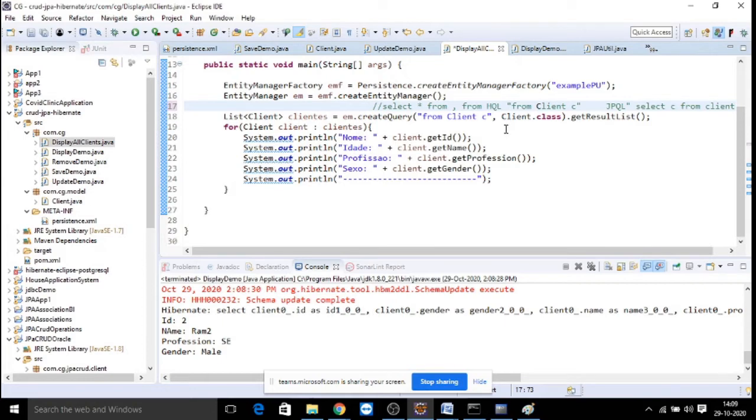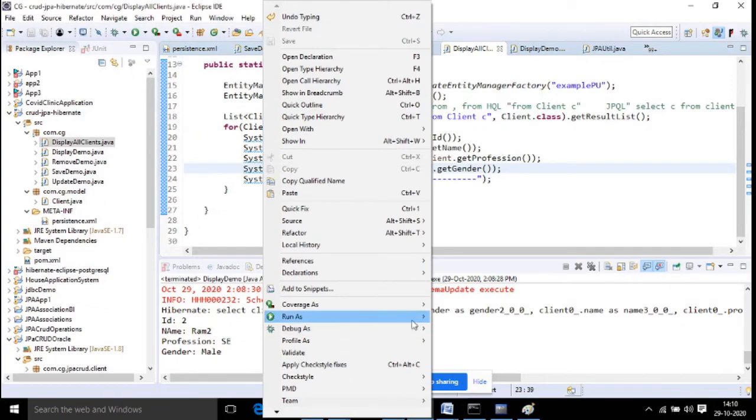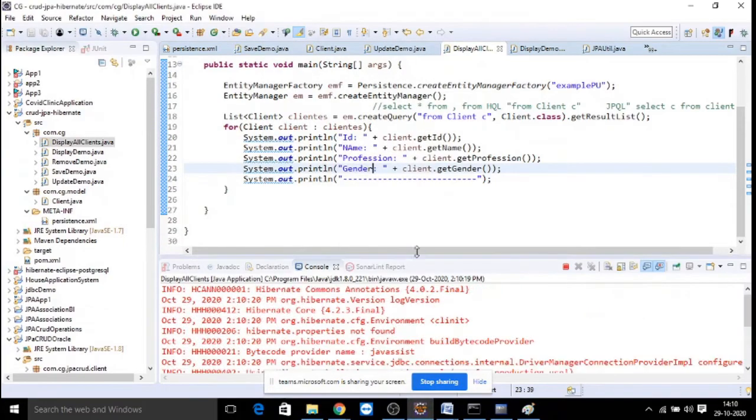Right? So now what is the class you need to map? What is the entity class name you need to specify? Then getResultList is a method which will give you a list of clients, and then the list of objects you are going to print. So now you can print all ID, name, profession, gender for all the records coming from your table. If you practice with this, all the 4 CRUD operations, you can practice with any project. You have to make this application as a reference.